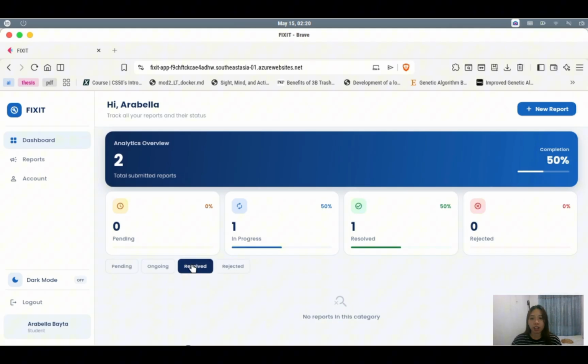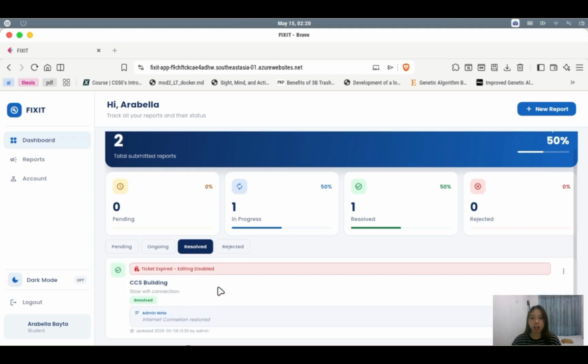As you can see here, this ticket is marked as expired and editing is no longer allowed. Once a ticket reaches its expiration period, the system automatically disables user editing to prevent further modification.